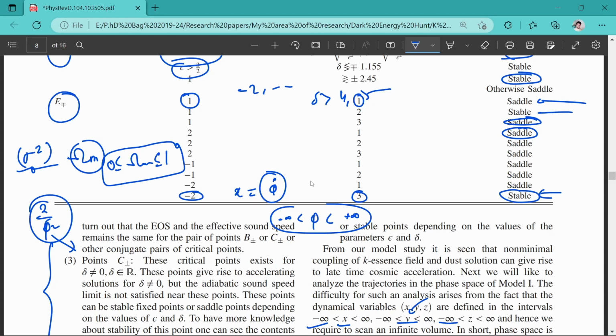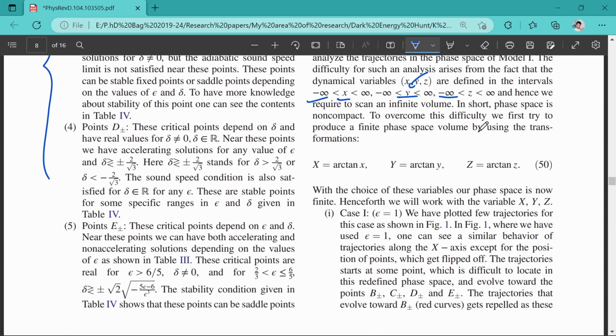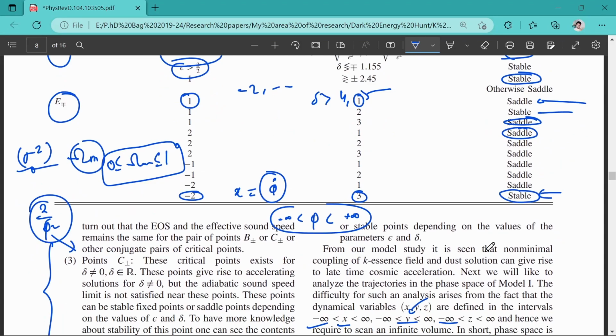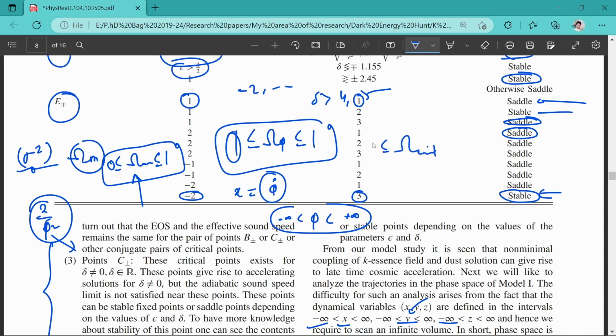But this criterion does not fit with your interaction, because the interaction term is something like an internal mechanism. We cannot observe what is going to happen in this interaction. So it can be negative or positive, it doesn't matter. It is the mechanism by which the energy is transported between the field and fluid. So we can have z from minus infinity to infinity, while omega phi or omega m must always be 0 to 1, and omega phi, the critical density of the field, has to be 0 to 1, but not the omega interaction. The critical density of the interaction part can be minus infinity to infinity, no problem.